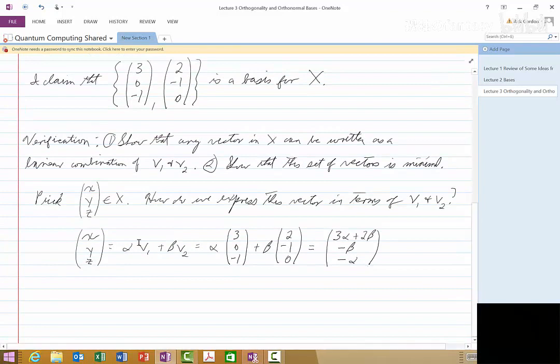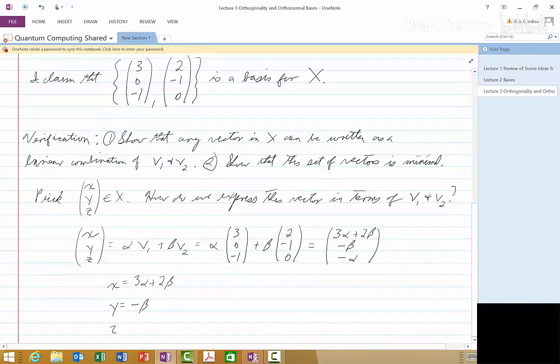And that vector on the right-hand side must be equal to this vector on the left-hand side. For those vectors to be equal, each component must be the same. So we have x equal to 3 alpha plus 2 beta, y equal to minus beta, and z